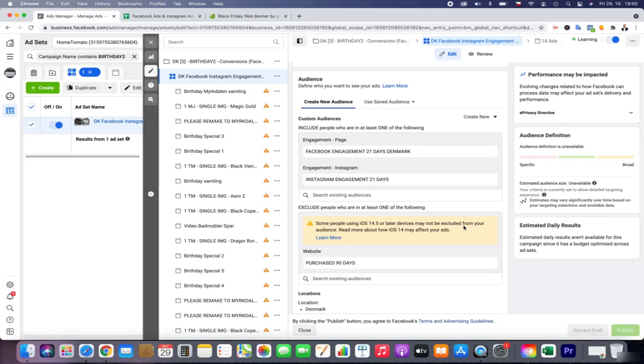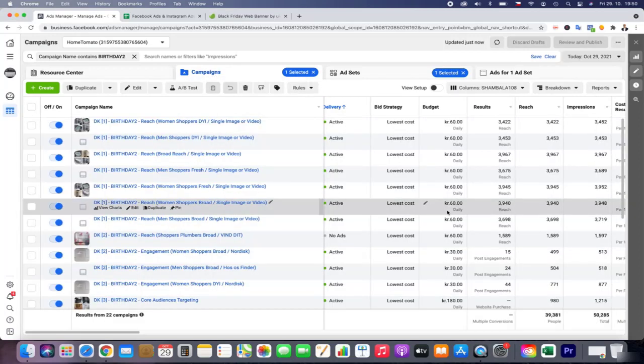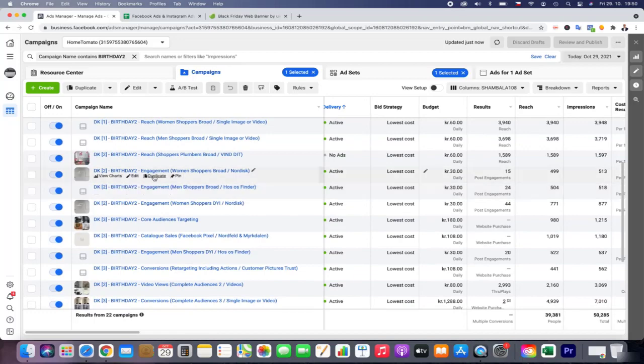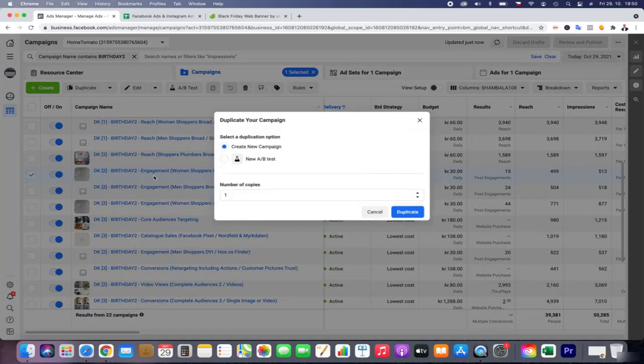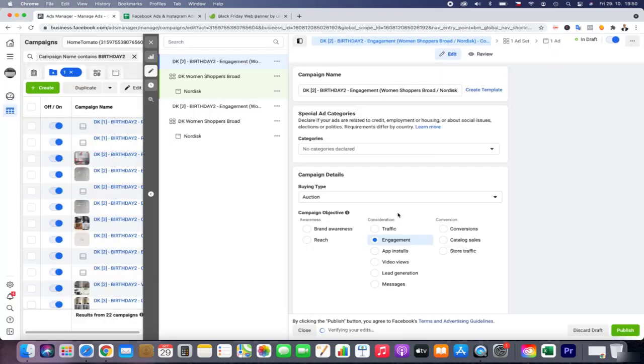As you can see, we are retargeting 21 days, and the engagement is really important. So we put a lot of effort in, and I will now do some more engagement. I think the campaign needs more engagement actually, so we will just duplicate it and do it really quickly.